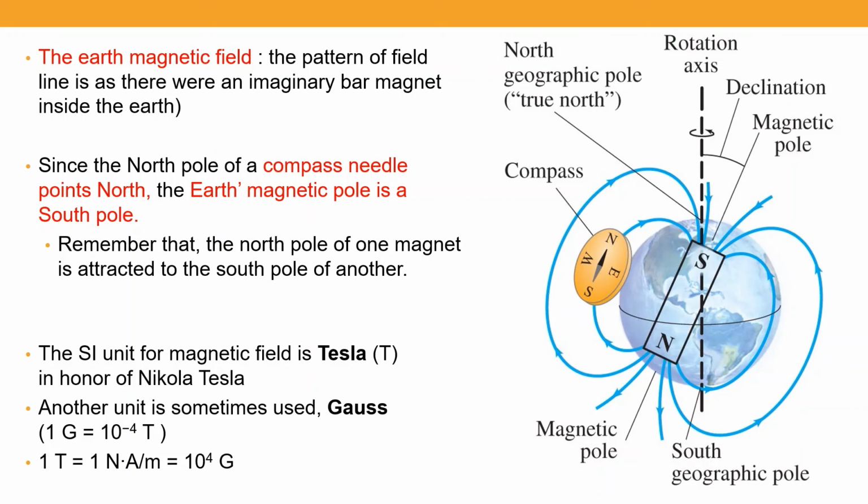Okay, what is the SI unit for magnetism? The SI unit for magnetic field is Tesla. It is in honor of Nikola Tesla, a scientist. Another unit is sometimes used, which is Gauss. So either we use Tesla or Gauss, where 1 Gauss is equal to 10 to the power of negative 4 Tesla. And 1 Tesla is also equivalent to 1 Newton per ampere meter and equal to 10 to the power of 4 Gauss. So from here on,